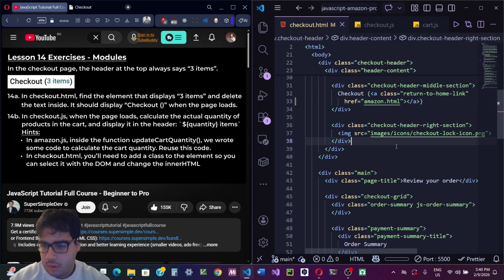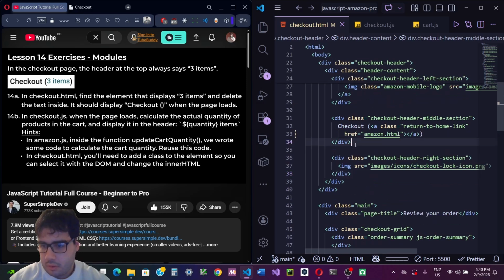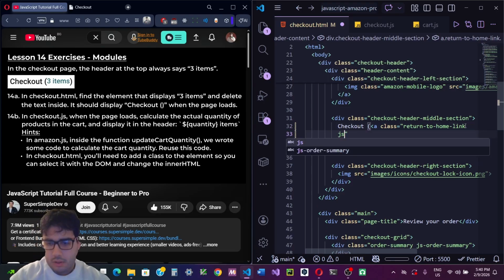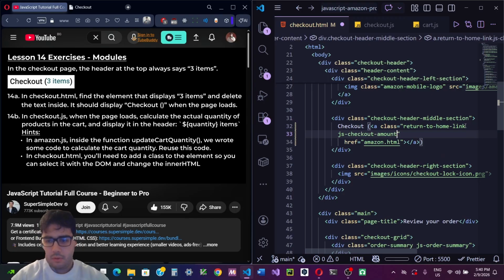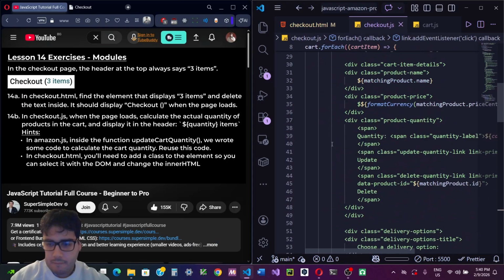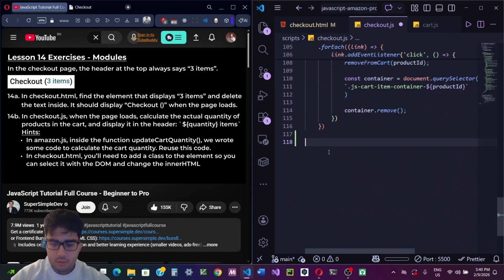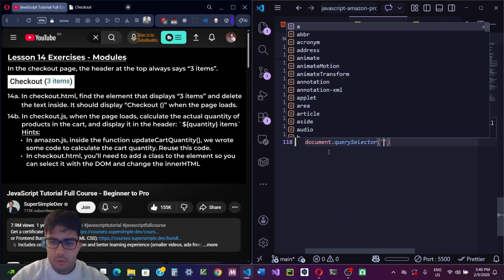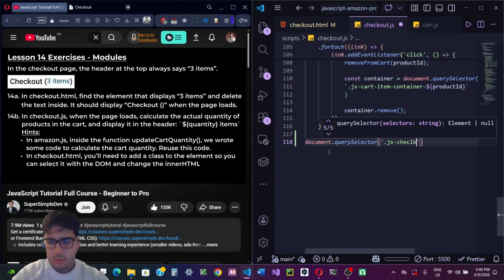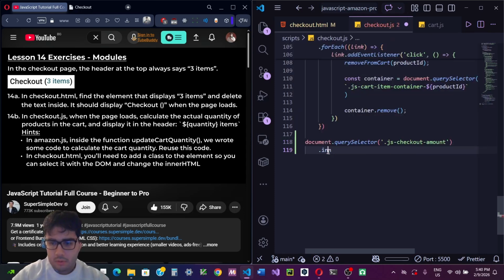So I'm gonna call this js-checkout-amount like that, and then somewhere down here, document.querySelector('.js-checkout-amount').innerHTML equals